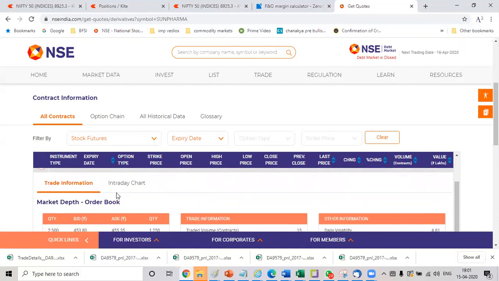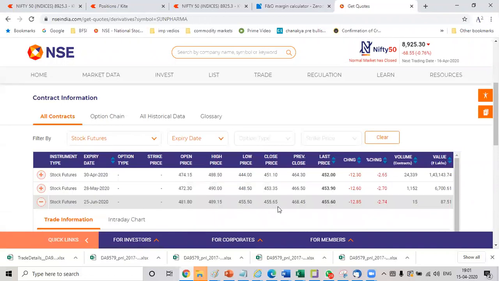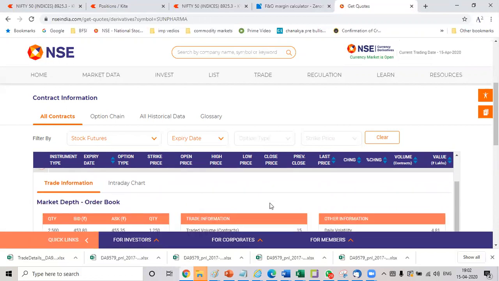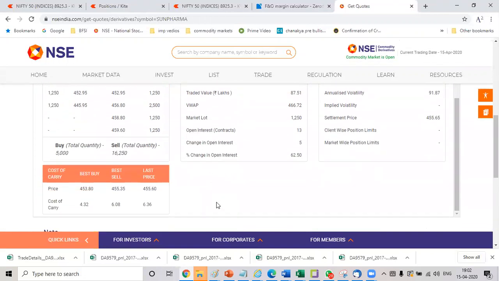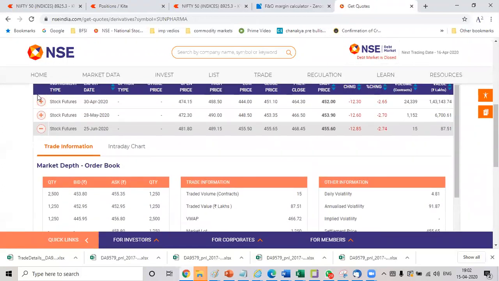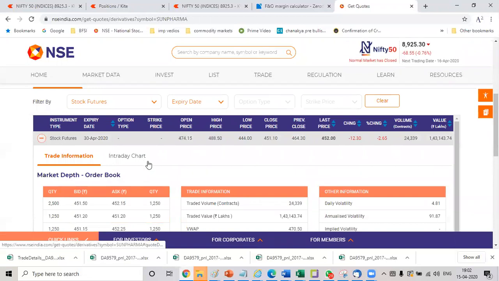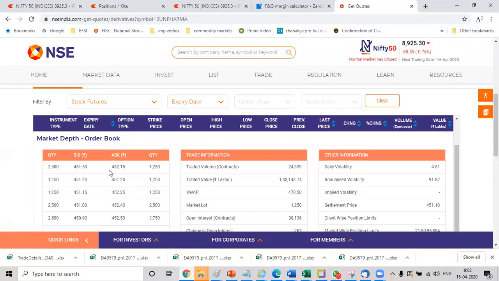So this indicates the liquidity. In case you want to sell and come out, the buyer is willing to pay only 453. For example, you bought the share here at 455, but then when you want to go and sell, the buyer will be at 453. So you lose around 2 rupees as a transaction cost over there, what you call impact cost. So typically people go for the current month contract, which is the April contract. So here you can see the buyer and seller difference is only 65 paise. So the impact cost is comparatively lesser.